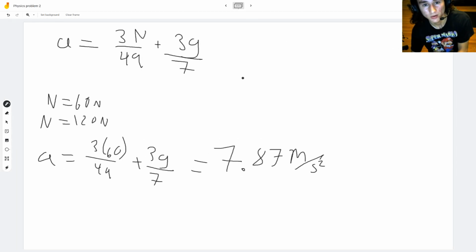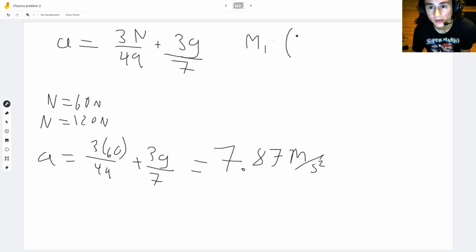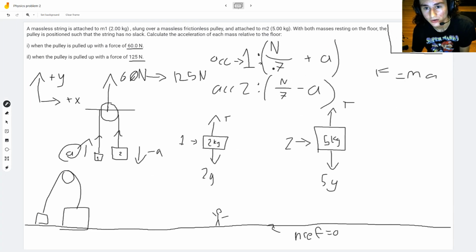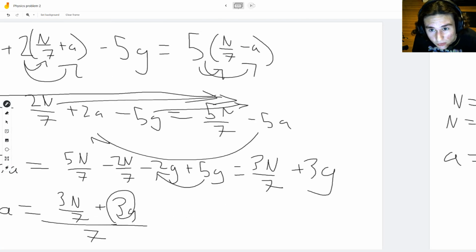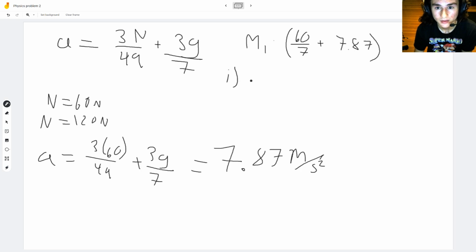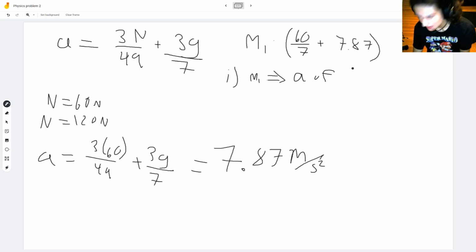So, for mass 1 in question I, which is 60 newtons, basically we have n, which is 60 over 7, which we have gotten from this that we derived before, n over 7, 60 over 7, plus our value of a, which we have just calculated to be 7.87, and that gives us an answer for I. Mass 1 will be moving at an acceleration of 16.44